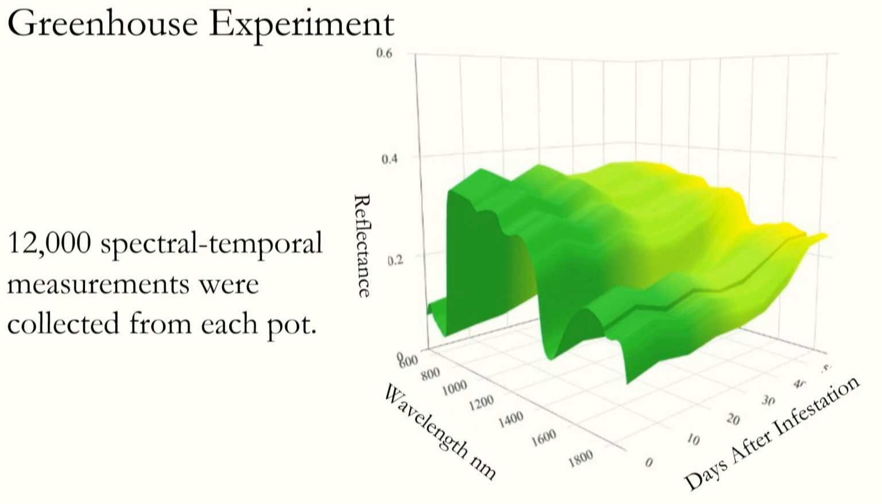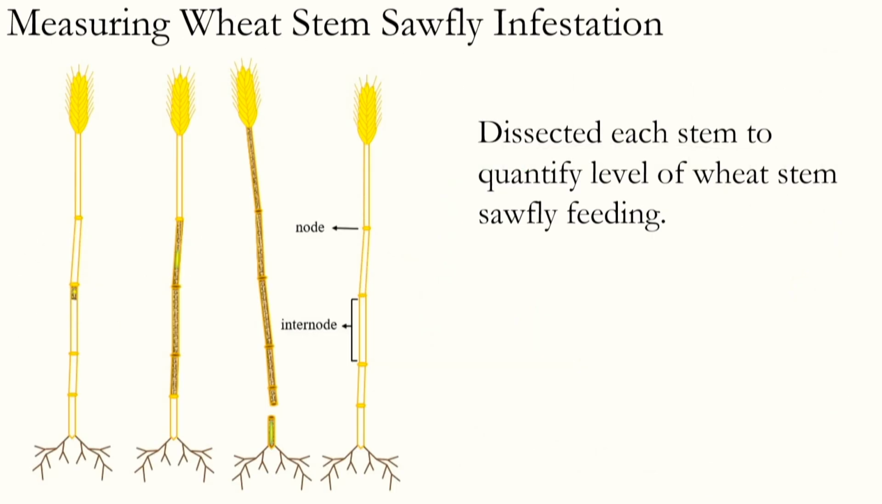And when you stack those 9 readings together, you get this 3-dimensional shape where we have wavelength on one axis, days after infestation on the other axis, and then our reflectance going up. And so now the challenge becomes, how can we sort through these 12,000 data points and use this to estimate the ending infestation level? But first, I need to tell you guys how we dissect those stems to actually categorize